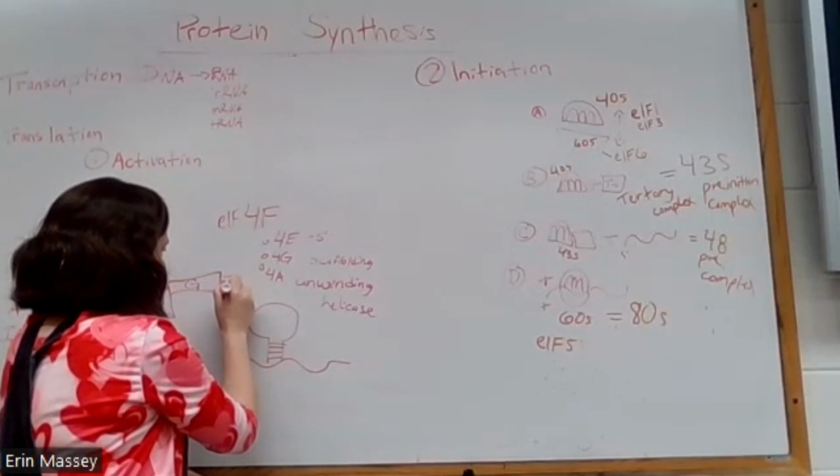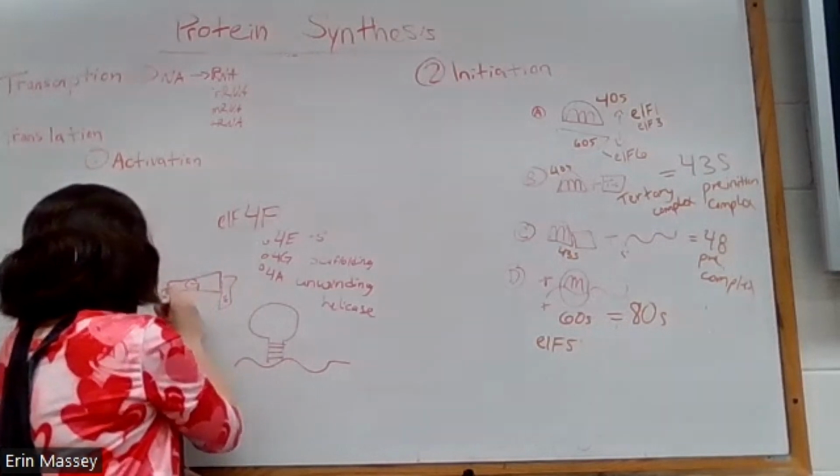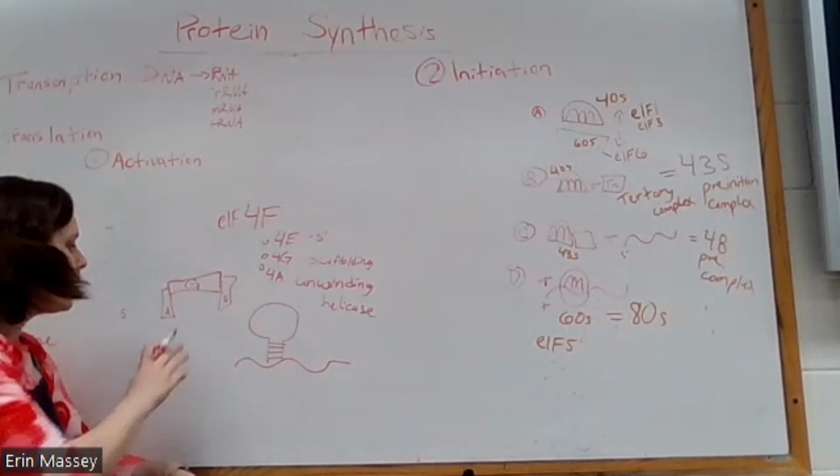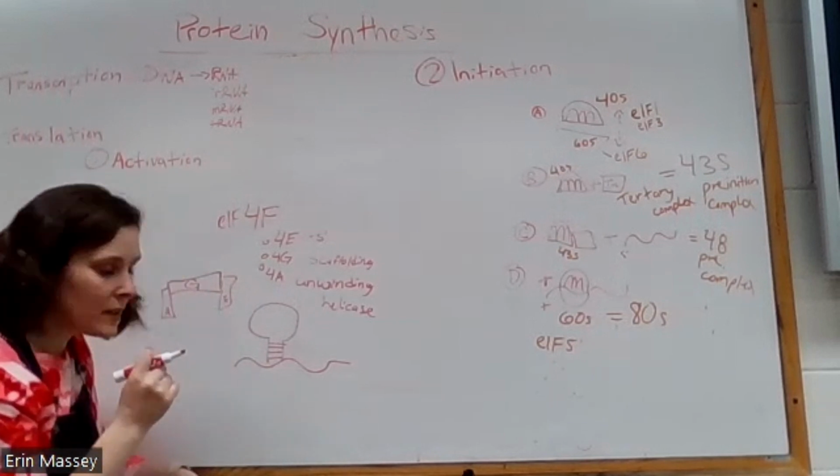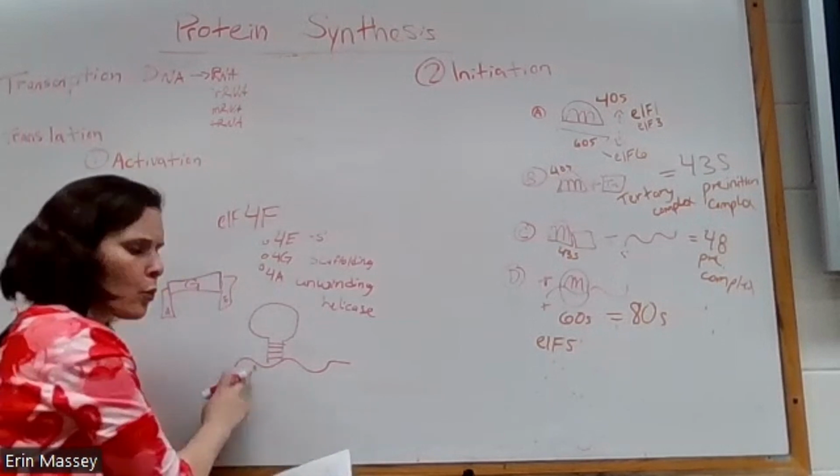Your E is going to be on the side, and your A is going to be on another side. And this is going to combine to this. And they're actually going to make a loop like a necklace. And there's one more